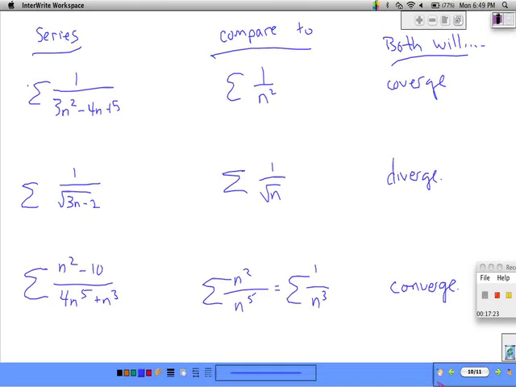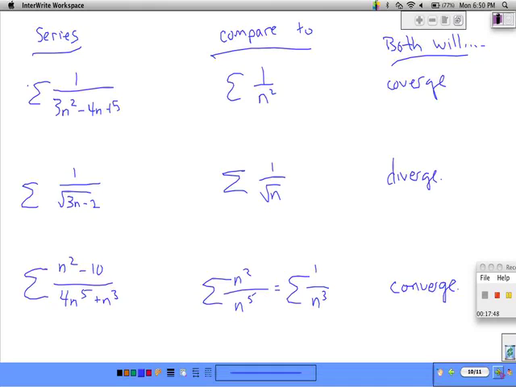These are both converging. So you really have to look at the terms that you have on the top and the bottom, and simplifying the biggest stuff there will clue you into what you need to do as your comparison. And you want to make sure you're comparing to something that you know whether or not it converges or